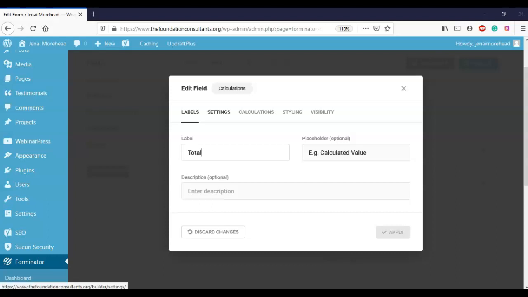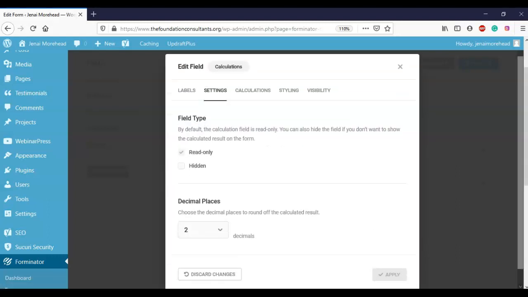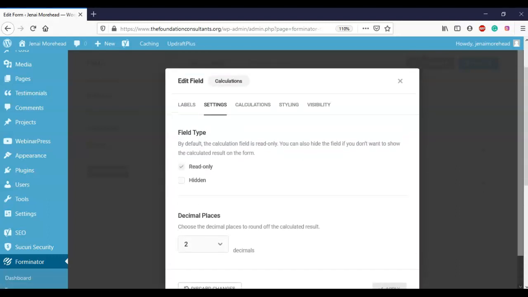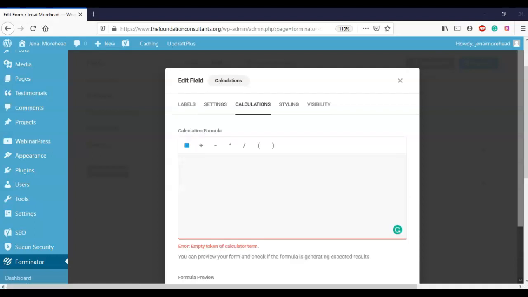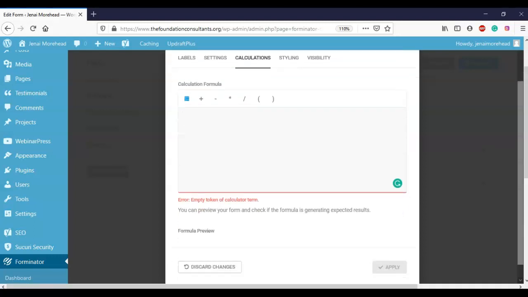And we will go to settings. 2 decimal places should be enough unless you sell a high worth item. I want to go to calculations. And the calculation formula, I just want to add a form field here, telling the calculations that this is what I want worked with. So I want the services field